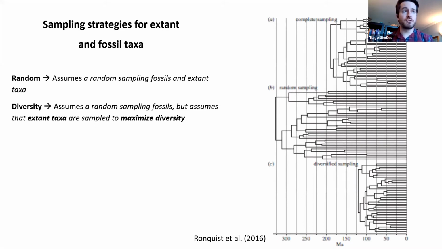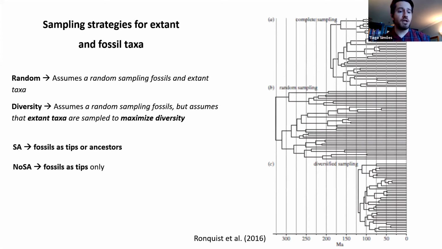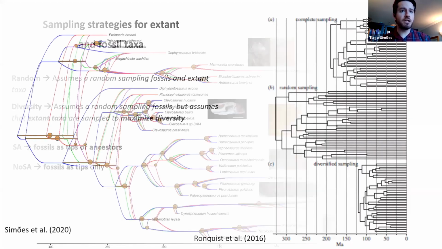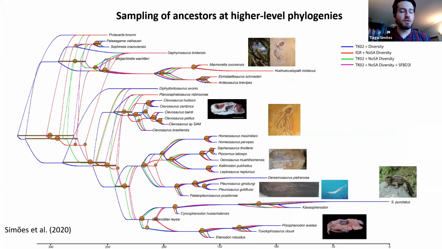So it's quite important to take those into account, besides the sampling or not of fossils as potential ancestors during the process. Regarding this latter aspect, I recently assessed the impact of that using morphological data sets, using this new data set that I built for sphenodontian reptiles, essentially the modern tuatara of New Zealand and all of its extinct lineages, its extinct relatives.